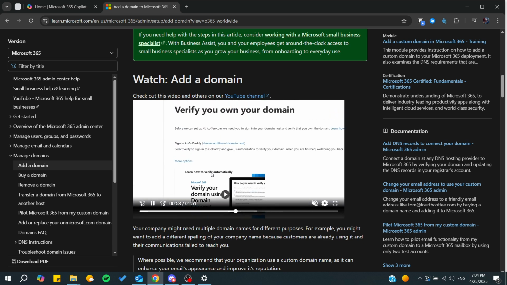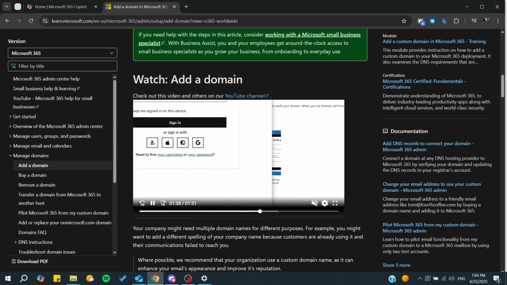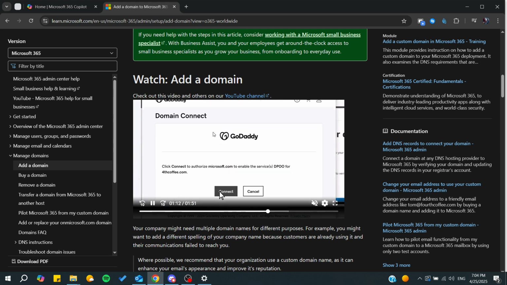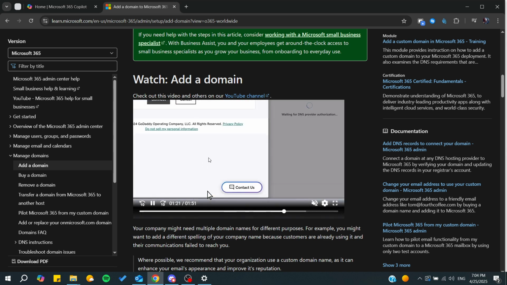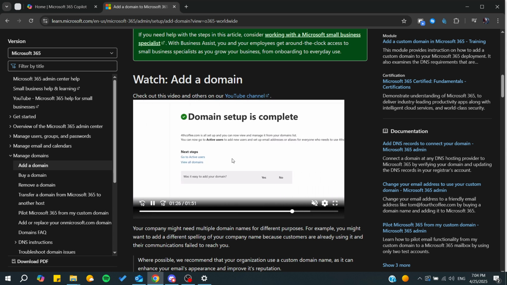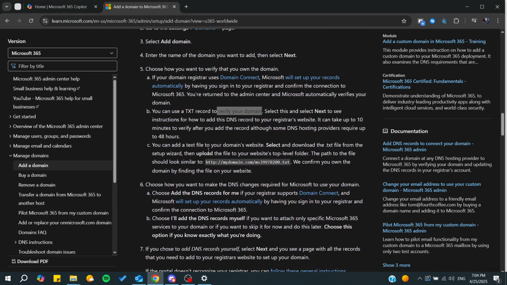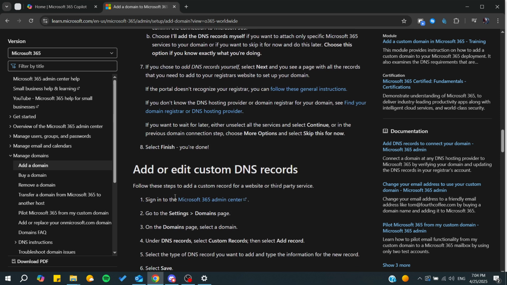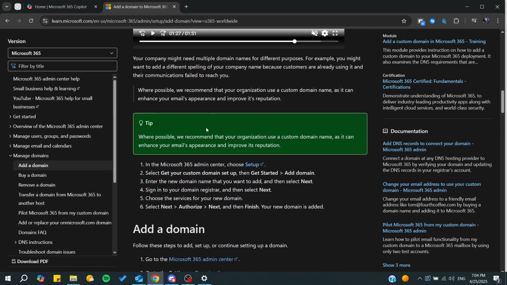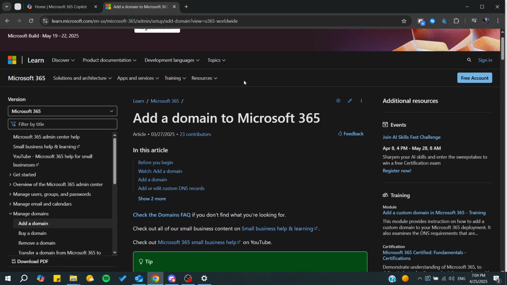And from there you will be able to verify your domain by using the TXT record. So here you will be adding or connecting to your domain provider if you are using any domain provider, and from there you will be able to connect to the domain. So by adding the TXT record, it will be a verification method, and from there it will be simply added successfully to your admin center, and from there you will be able to start adding users to this domain,